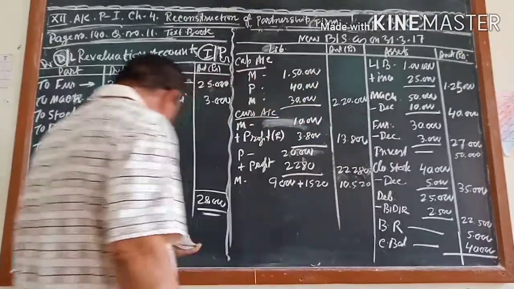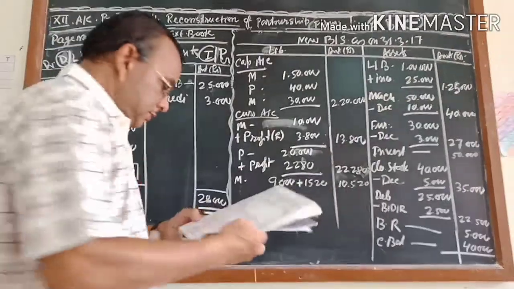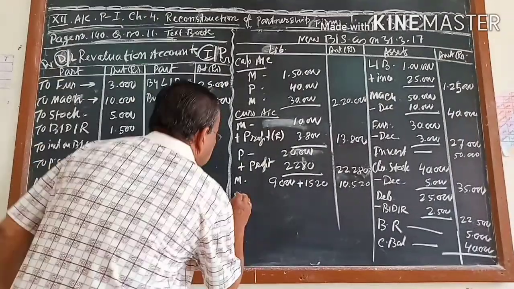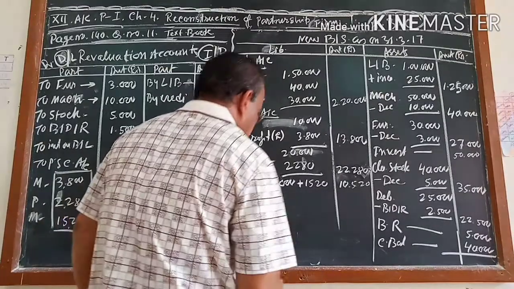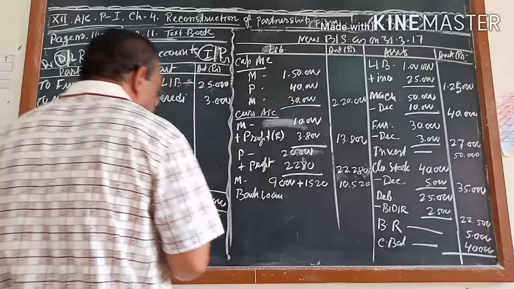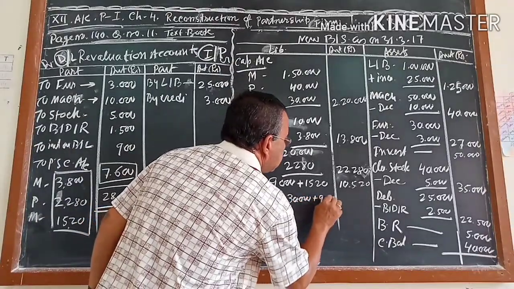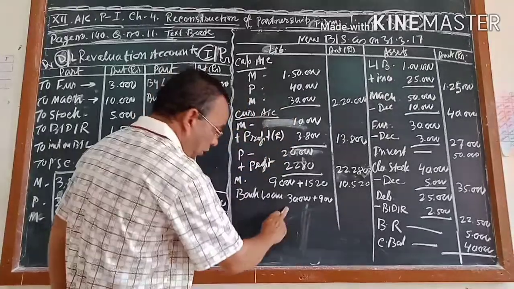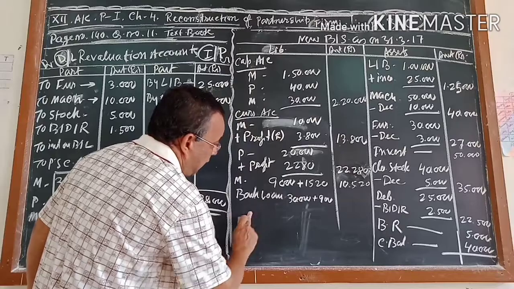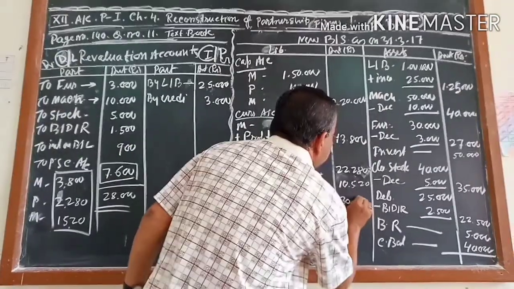Fine. So what is left on this liability side? Bank loan. How much was it? It was 30,000. I am writing 30,000 plus 900. There I will not get space, so I want to write it in one line. You understand? 30,000 you have to write here plus interest. So 30,900.